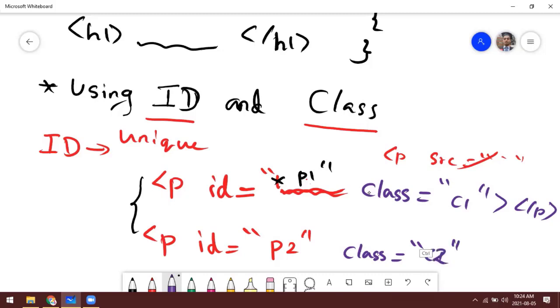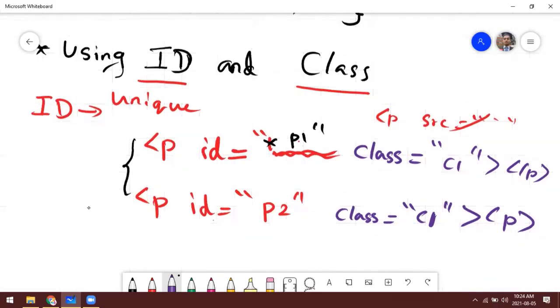Here, for class, you can give the same value also. Now we have two different IDs, because ID cannot be repeated more than once, but class can be repeated. So C1. Now, for the sake of explaining, we will have a third paragraph.